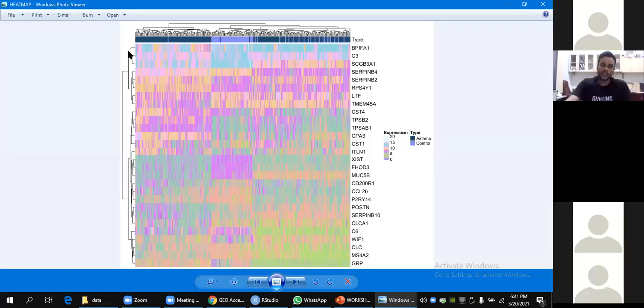Color dots are the... So here you can see how the samples are clustering based on the clustering dendrogram on the